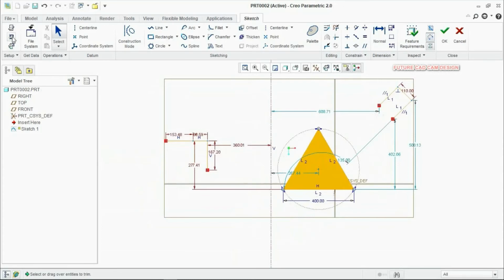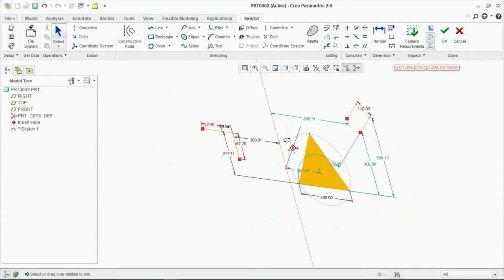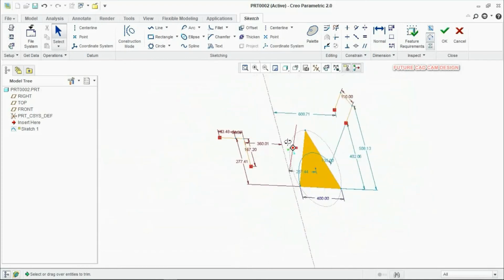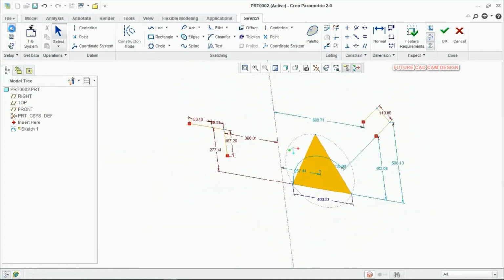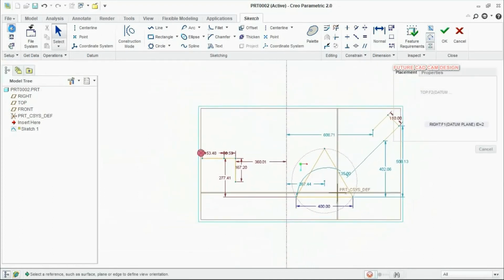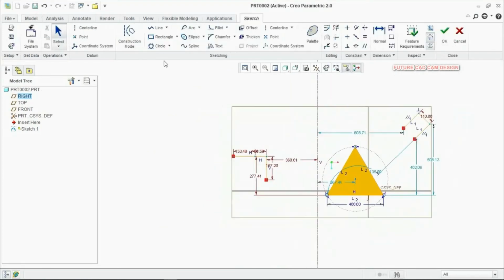Also here in the left side corner you can see three options. For example, I have tilted my screen, tilted my plane. So first option is sketch setup. I will give you an example.